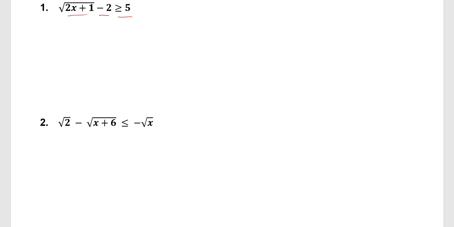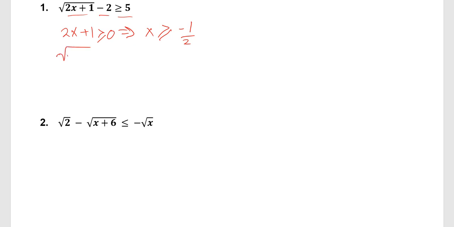So again, two main steps. Make what's under the root valid first. So 2x plus 1, make that greater than or equal to 0. So that gives us x is greater than or equal to minus 1 over 2. All right. Then solve the